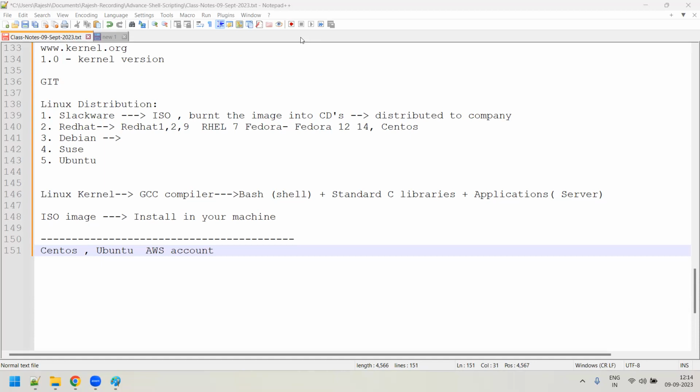If you ask me, the most favorable Linux which is used is Red Hat. Most of the companies choose to use Red Hat, because you get plenty of support from them. So this is one of the very favorable distributions which most companies adopt when it comes to Linux.